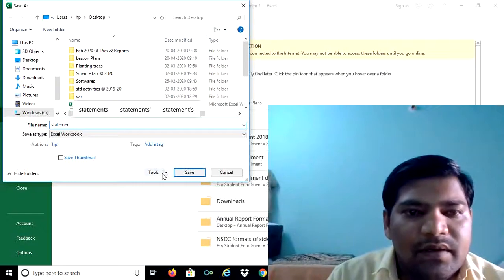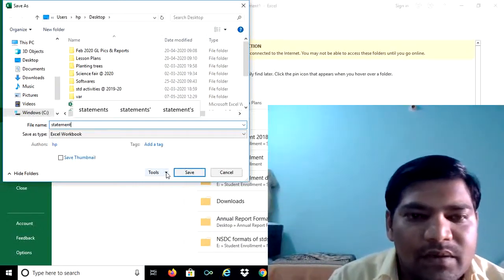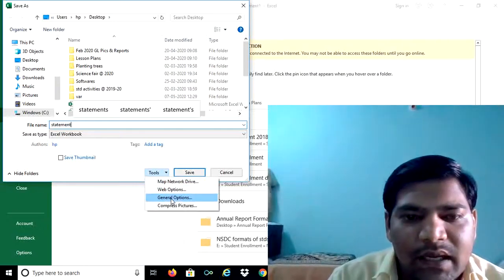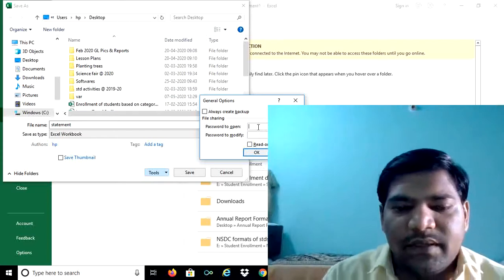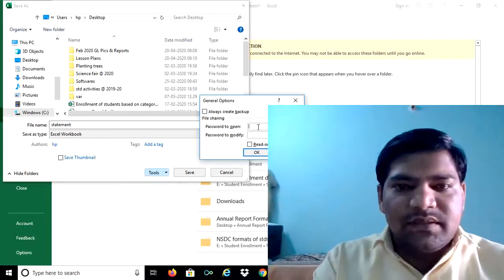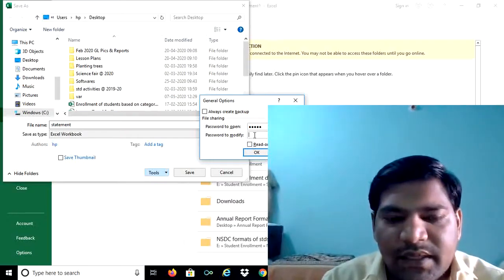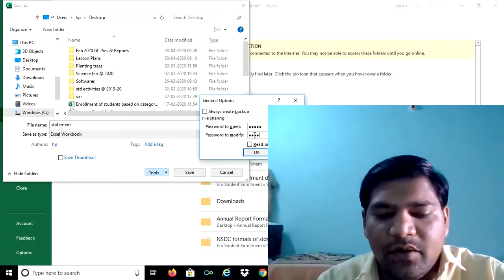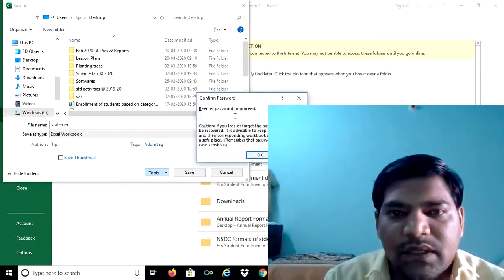Then, to protect the file, we want to make the password. Then we can go for the Tools option. Then again go for the General option. Then we can make the password. For example, 12345 is the password. Then the same password can be typed below also. Then OK, re-enter the password.